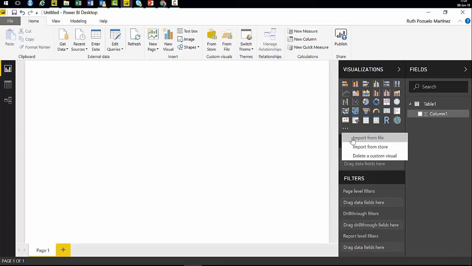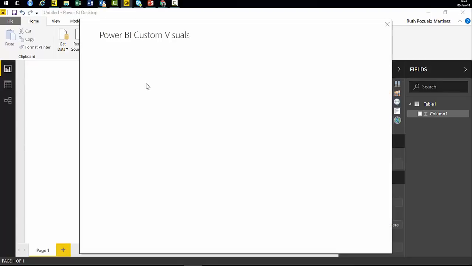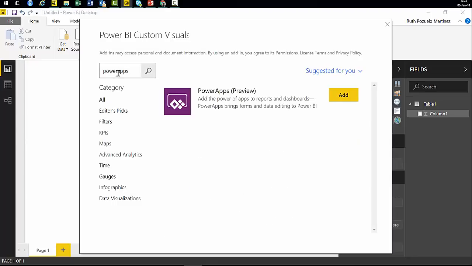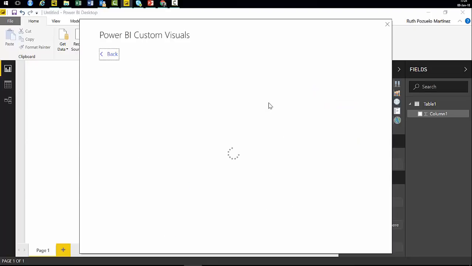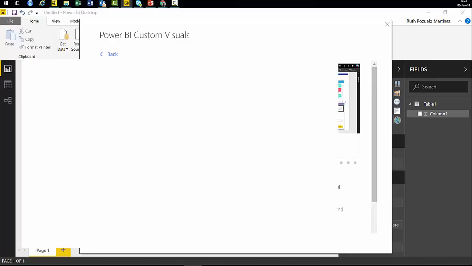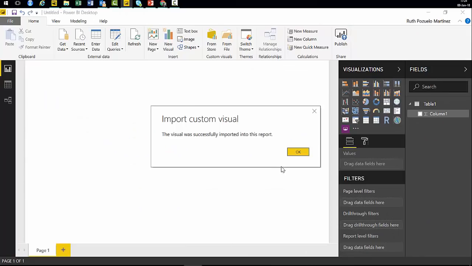You click on this three dot. I will make a more proper video later on. I just want to show you the functionalities. In case you're using PowerApps, you can start using this right away. So you go to import from store. It will take you to the Power BI Visual Store if you are logged in. So make sure you log in first. It will ask you, so don't worry. You search PowerApps, and here you can see information about this specific app. You click Add,